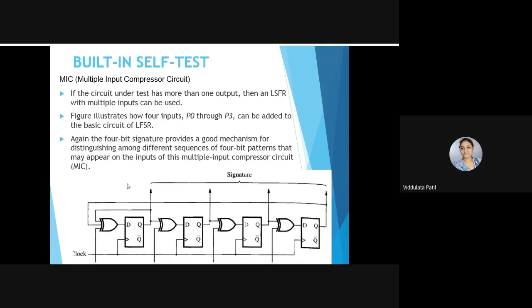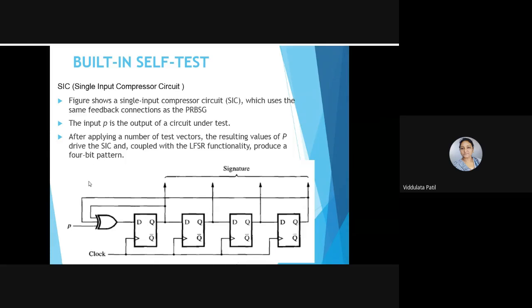Depending on that, test patterns can be generated, which is called a signature. Now here, we have different patterns for each of the input patterns. So this is the circuit which is used in a built-in self-test. So if it has multiple inputs, we can have this circuit, and for the single input we can have